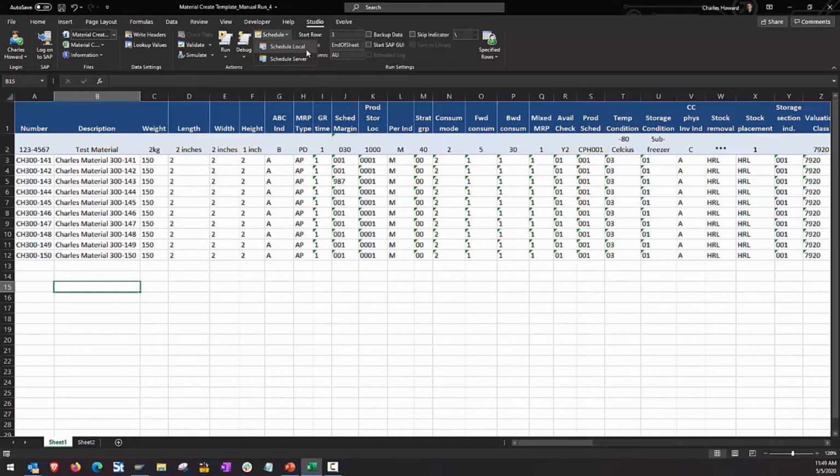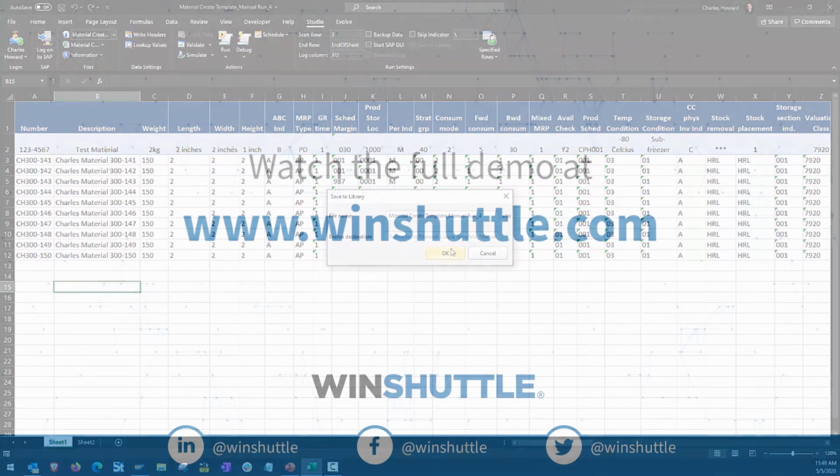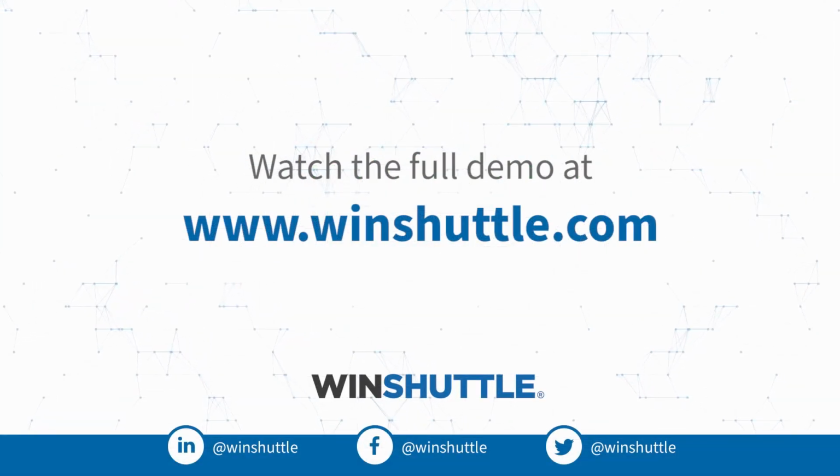So you can either schedule it locally, or you can schedule it on the server. If I click Schedule Server, you see that it asks me to provide a file name for when it saves this back to the Studio Manager site. I click OK,